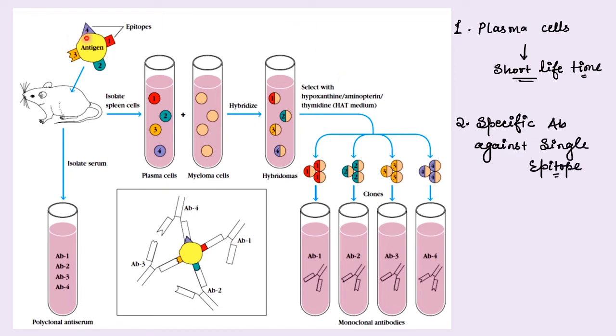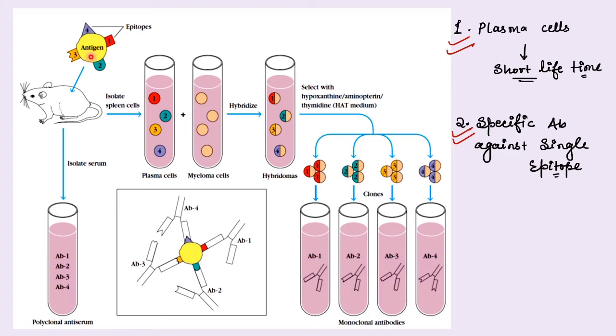Initially the scenario was like this: whenever people injected the antigen of interest into the experimental organism, the antigen could have multiple epitopes on its surface. So after the immune reaction, when the serum was isolated, they were getting all the antibodies mixed together. Basically they were getting polyclonal antibodies. They wanted all these antibodies to be separated or in a monoclonal form. For that, hybridoma technology was invented to overcome all these shortcomings. During hybridoma technology, initially we inject the antigen of interest, the antigen against which we want to make our antibody.